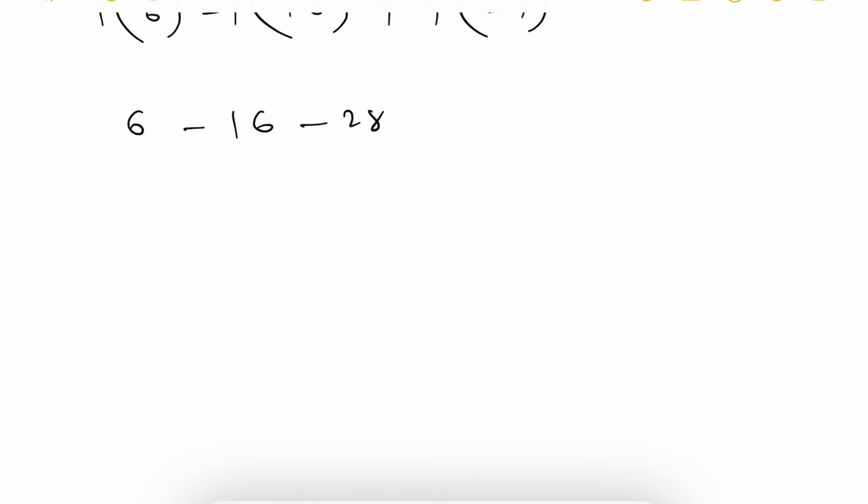Now if we simplify this, we can say clearly this is not equal to 0. So when the determinant of a 3 by 3 matrix is not equal to 0, then the rank will become the number of rows. A 3 by 3 matrix has 3 rows. So the rank of the matrix A will be exactly equal to 3.